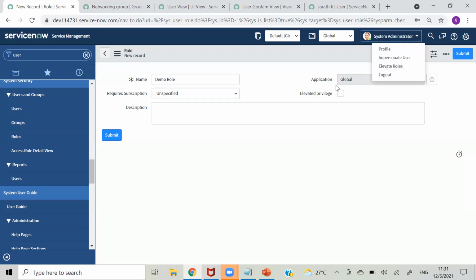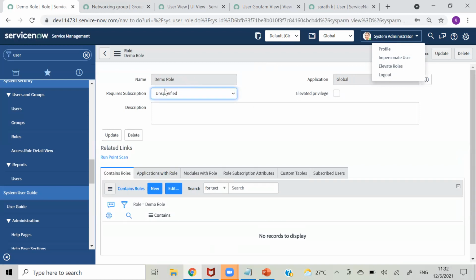So if this role needs elevated privilege, or is this a normal role? For now I am keeping that as a normal role. If I tick mark this, then every time that user should go into elevate roles, and he has to tick mark that security admin role, and only after that this will be accessible.